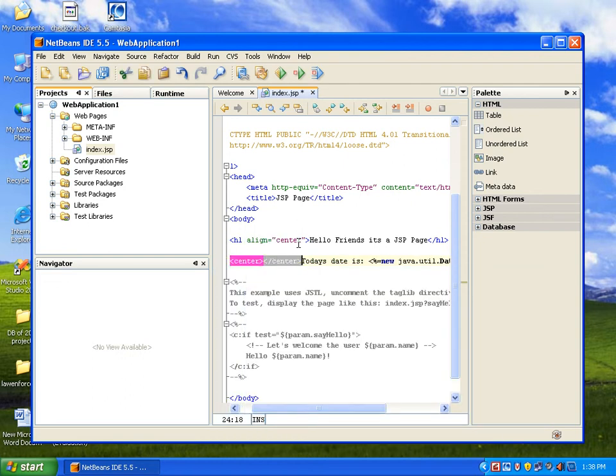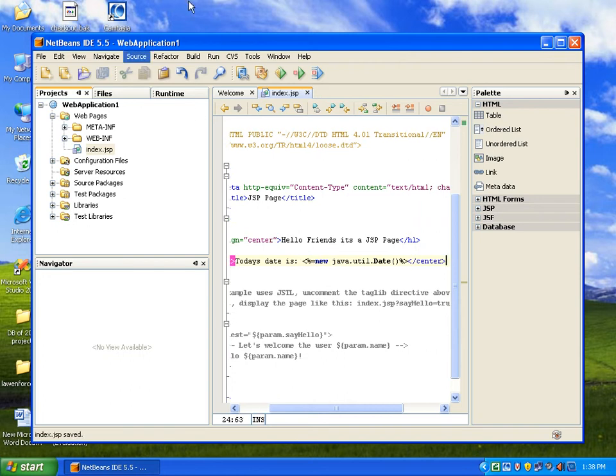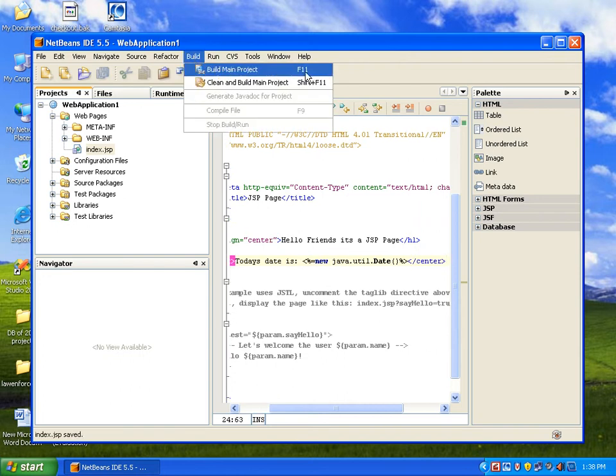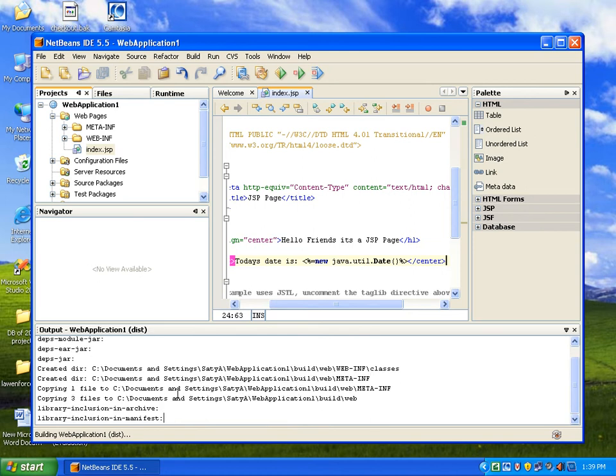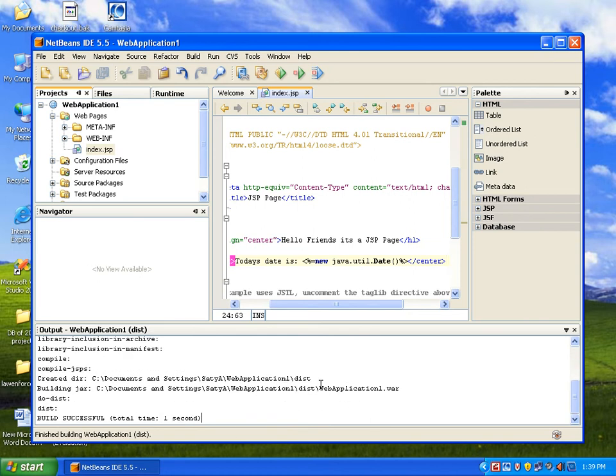Right now, simply save this and you go for build, or simply click F11 function key. Build main project. See, it will display you everything. It will build our project name dot war file, web archive file, build successful.